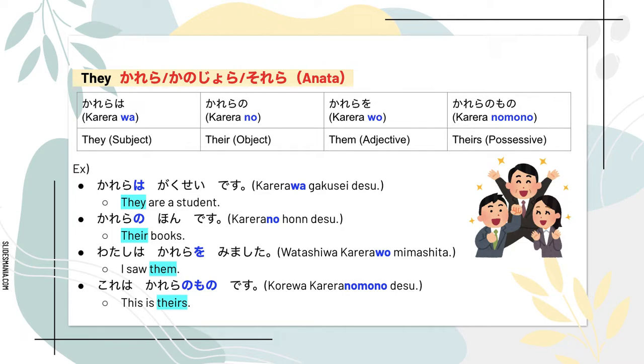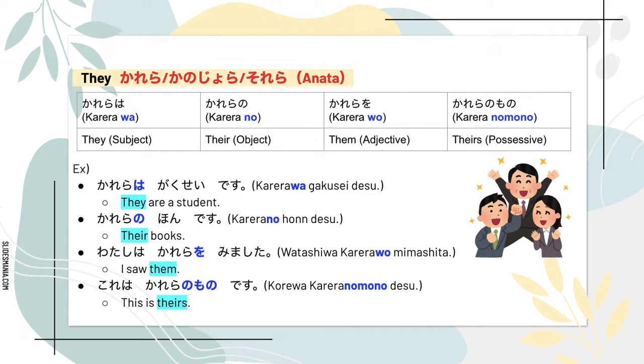This one is object sentence, so it'll be 彼らの本です。